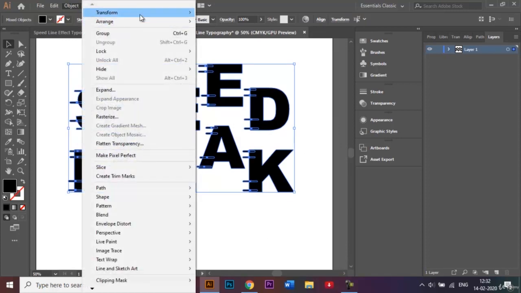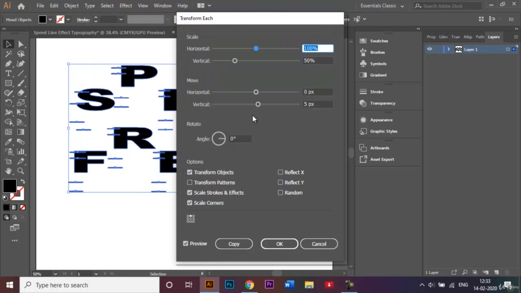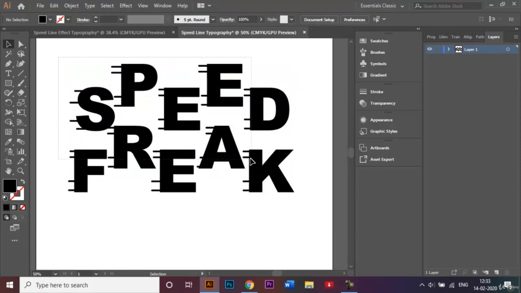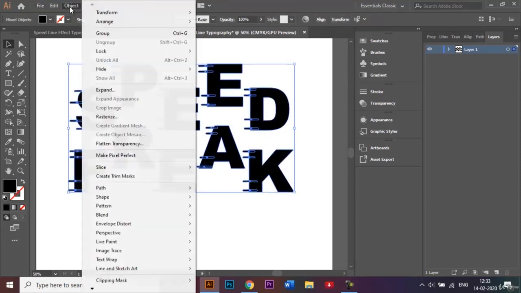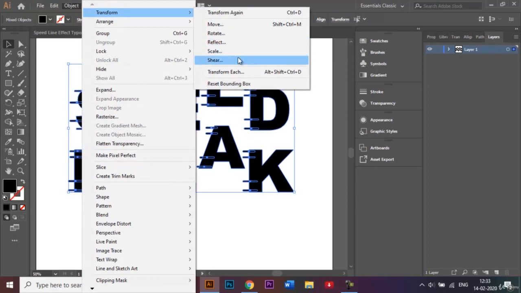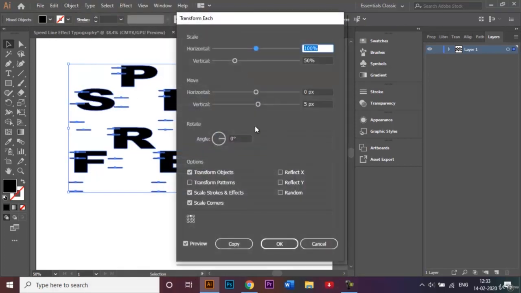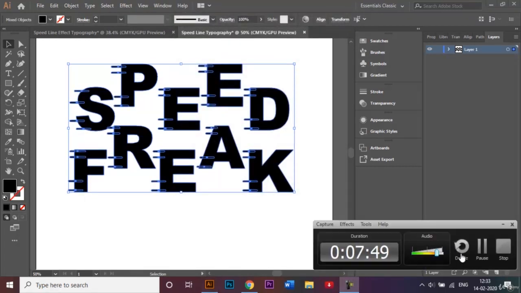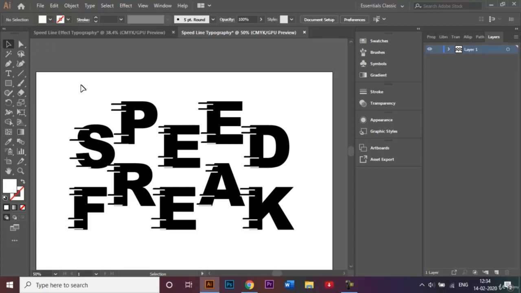Okay, object, transform each. So what I've done is that after deselecting all our letters, I just used the transform each option on all these dashes, and changed the color to white. So after that,